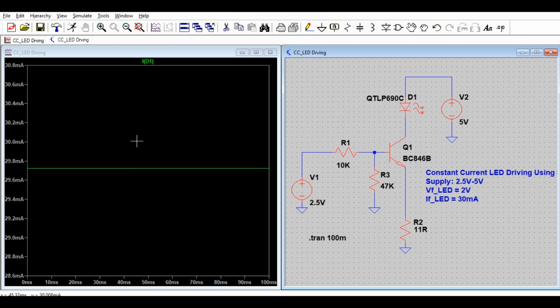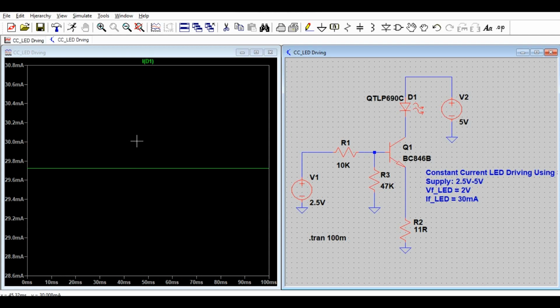So you can see, while you changed your power supply from 2.5 volt to 5 volt, there is a change in current of about 2 milliampere. That was 27.5 to 29.8, around 2.2 milliampere.